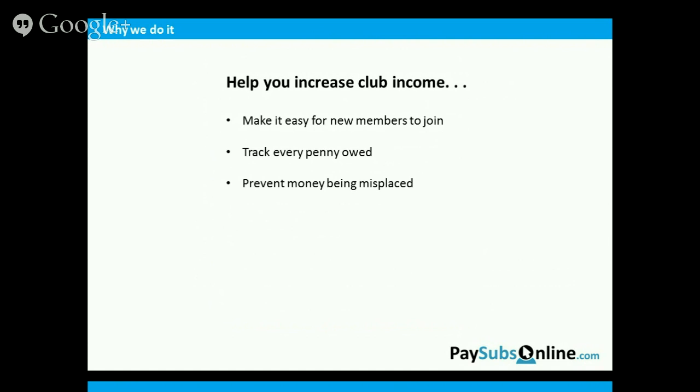So by taking online payments, it really does help auditability, and also helps secure money. Again, we give you the tools to raise money online as well. So we'll go through those fundraising tools in the demo.